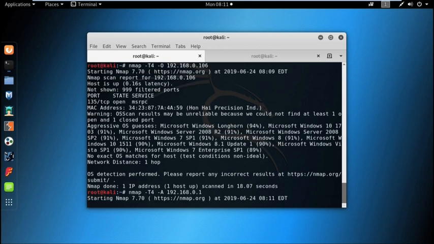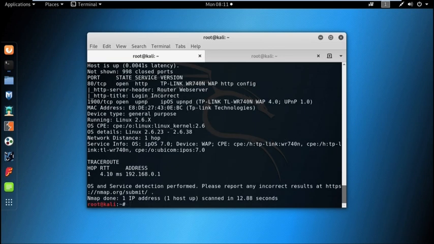So by doing the aggressive scan we can find out the service scan and operating system scan together. It gives us the result about some common services which are running in particular port and